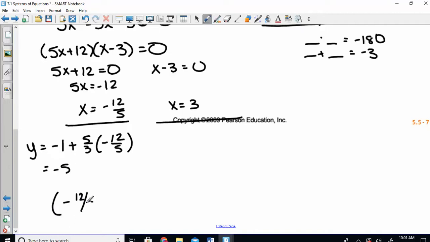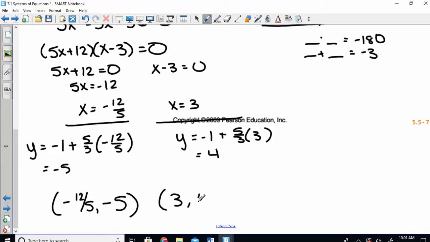So my first ordered pair is -12/5, and then -5. If I plug in my 3, -1 plus 5, so that's